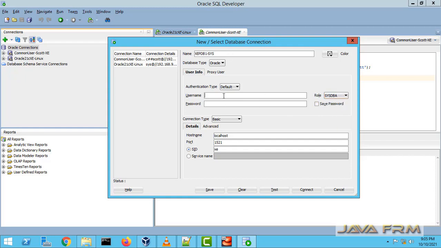The pluggable database runs inside the container database, so all those users who are in the container database have access to the pluggable database. This is the syntax. Service name is XEPDB1. Yes, I can connect.